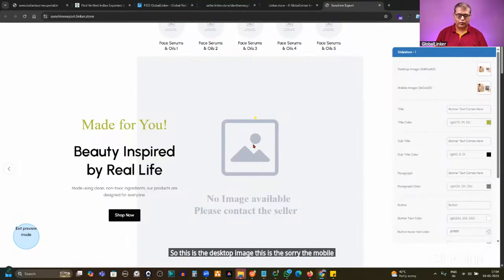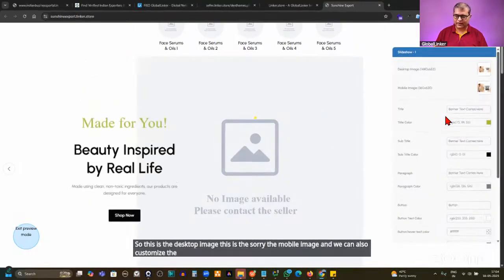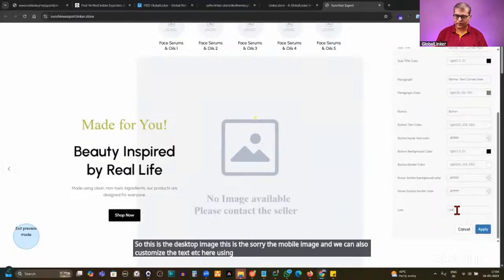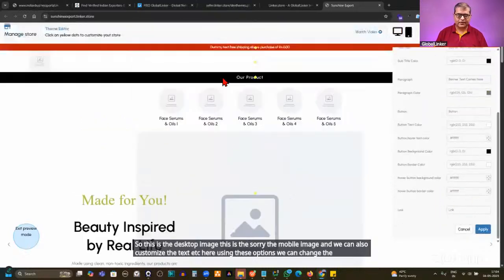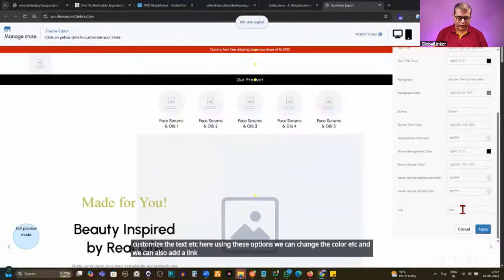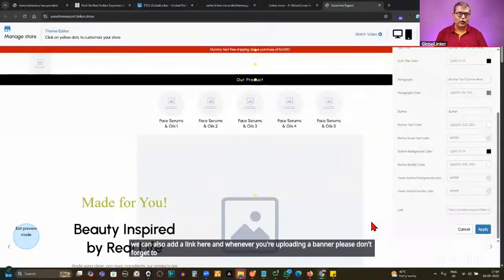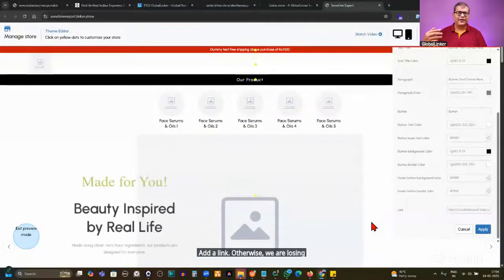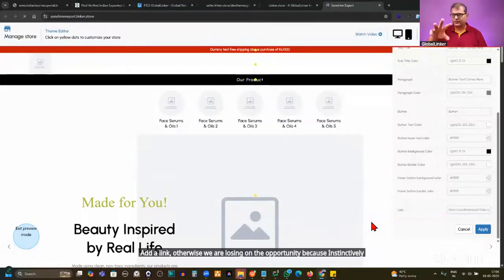And we can also customize the text, etc. here using these options. We can change the color, etc. And we can also add a link here. And whenever you're uploading a banner, please don't forget to add a link. Otherwise, we are losing on the opportunity because instinctively, when we go to a website and we see a visual,